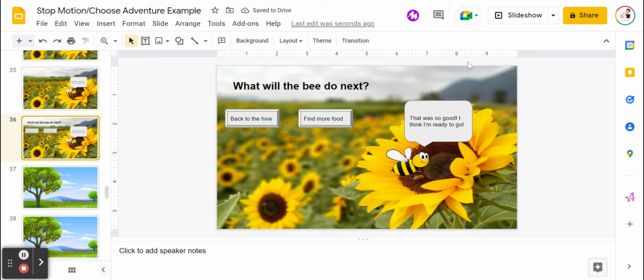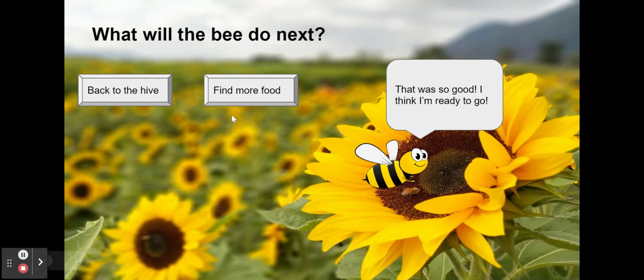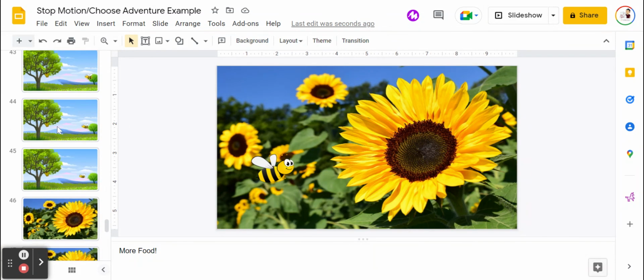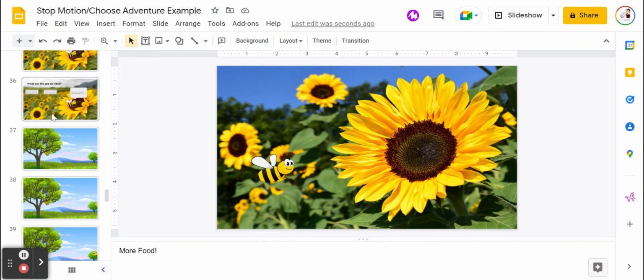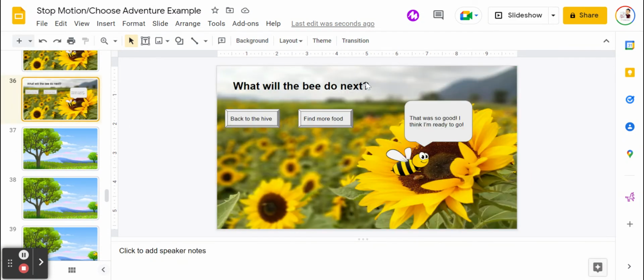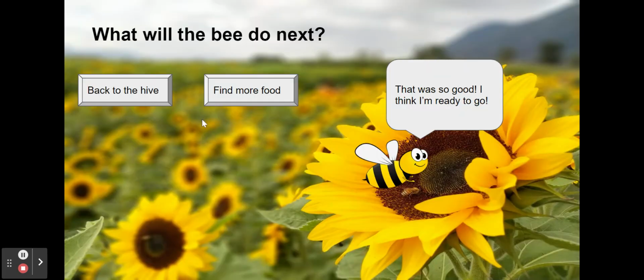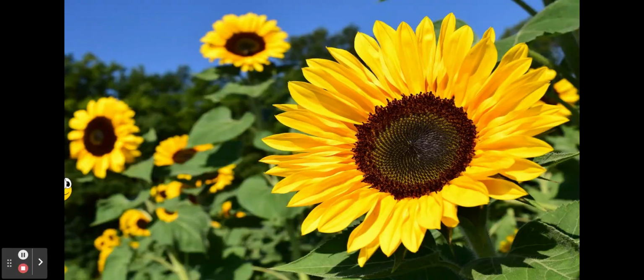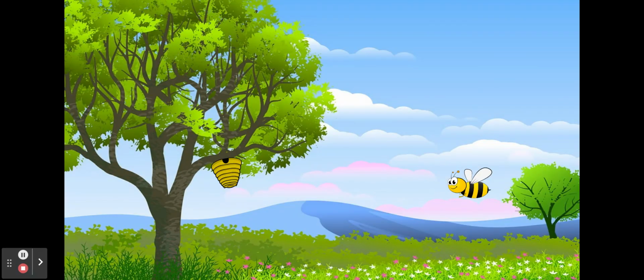So I'm going to stay on this slide here. We're going to open up slideshow. And then once we click the find more food button, that should bring us back to here. Perfect. Exactly what I want it to do. And one last test here where we go back to the hive and he continues to the hive. Perfect. So I can finish off those two parts of the story and then continue on some more choose your